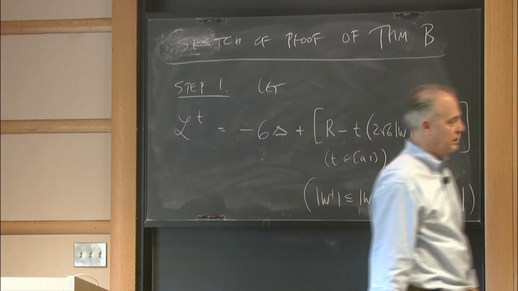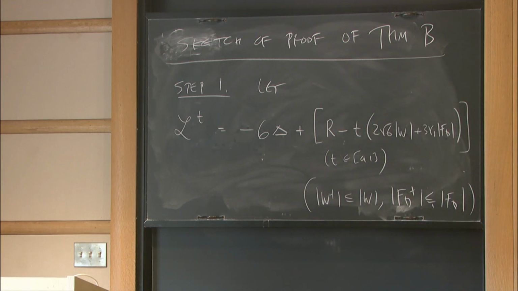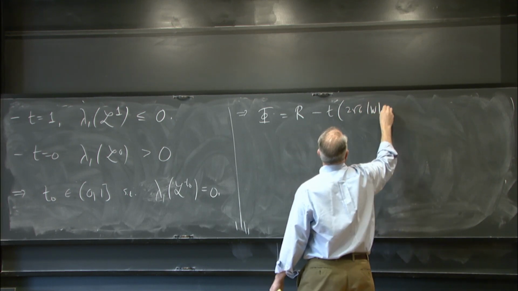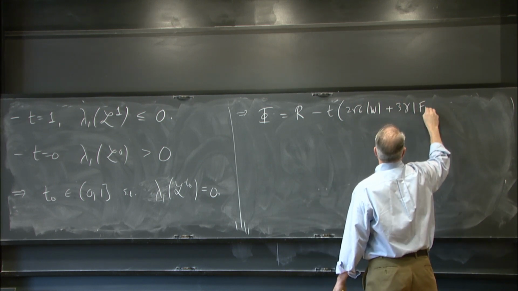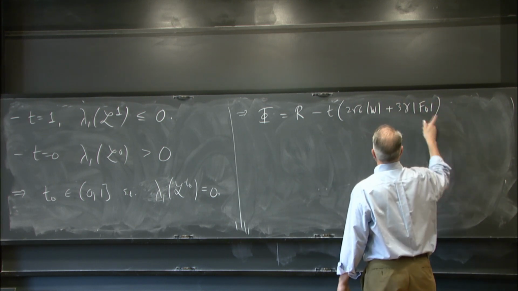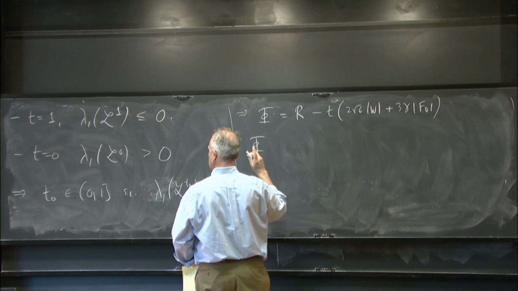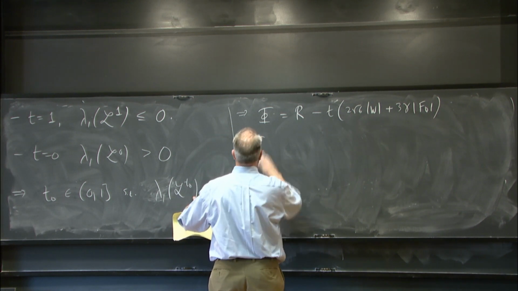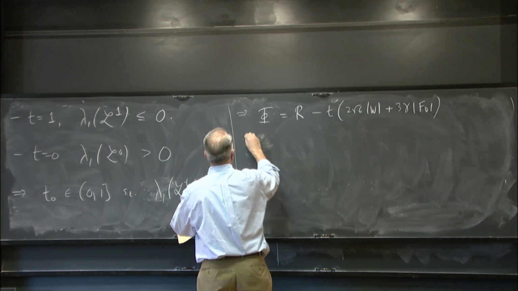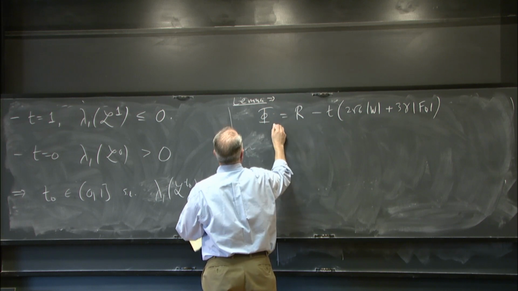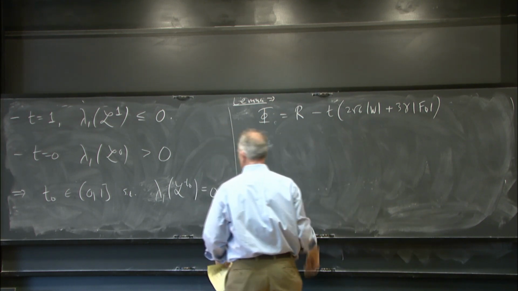Just continuity on the parameter t. So that means if I look at this modification of the scalar curvature given by this, what is this, 2 root 6 w plus 3 gamma 1 f plus... So if I look at this modification of the scalar curvature, it implies that with respect to this metric, sorry. All right, this is equal to 0. OK, so the lemma implies that if I compute this quantity,